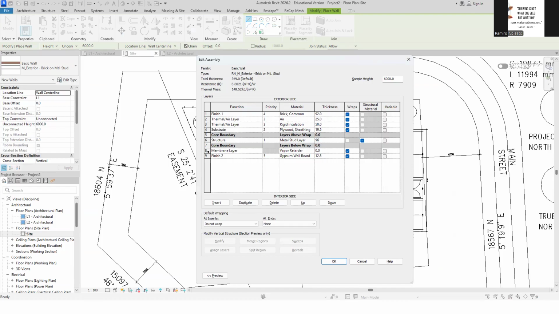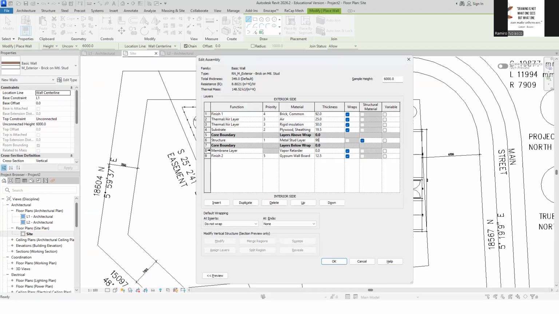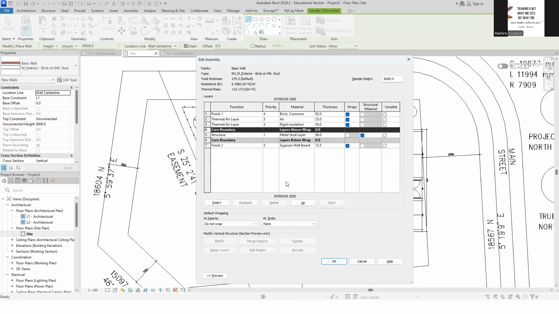And then we have an interior gypsum board of 13. We don't have a membrane layer, so I'm going to delete that. We don't have another substrate. I'm going to delete that. This side here is the interior side, and this here is the exterior side.